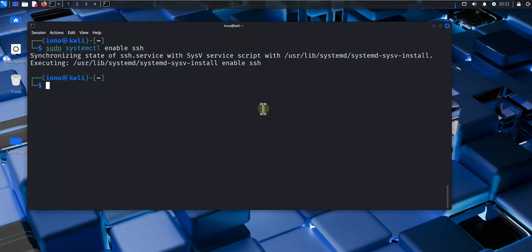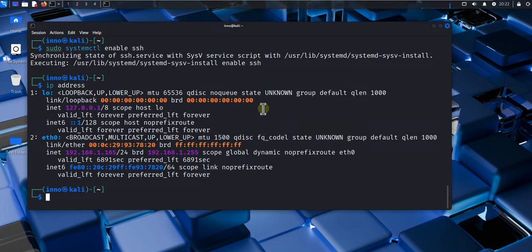Now we just need the IP address on this machine. I can do ip address, and it's 192.168.1.165. Now on the Windows 11 machine,